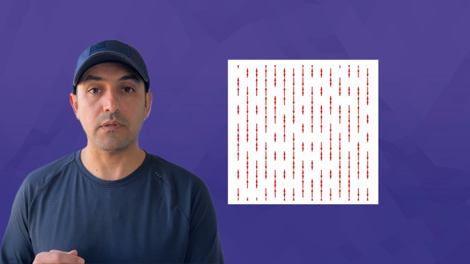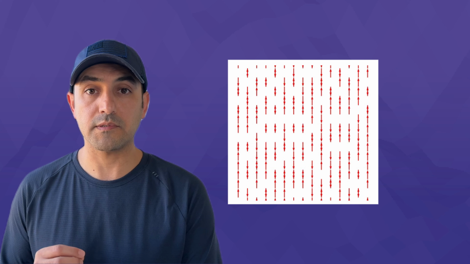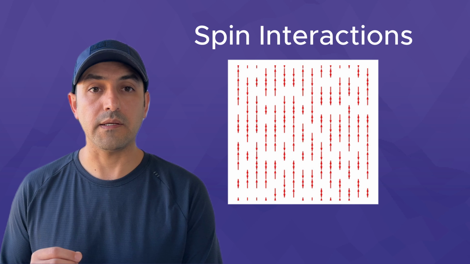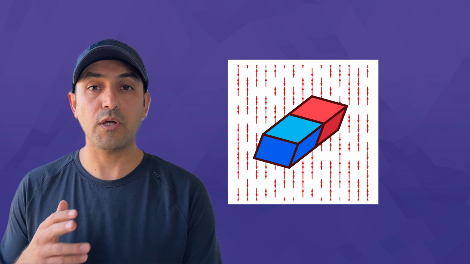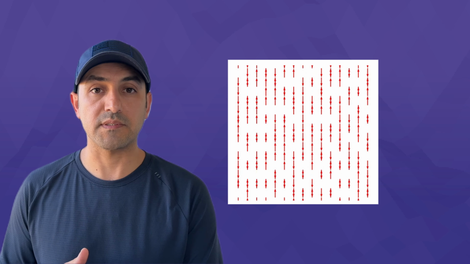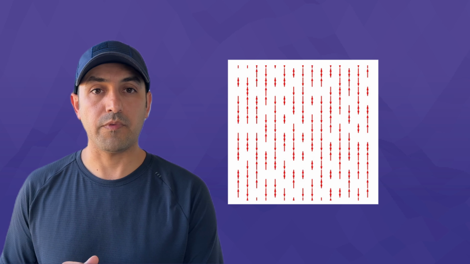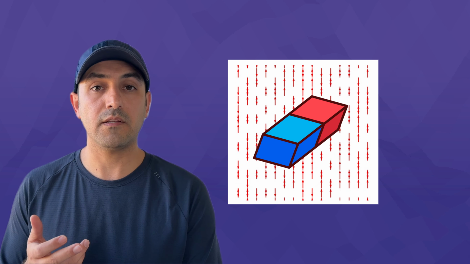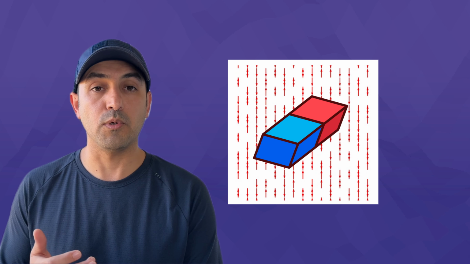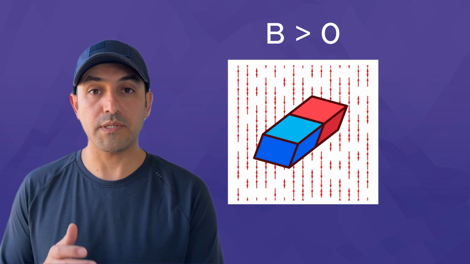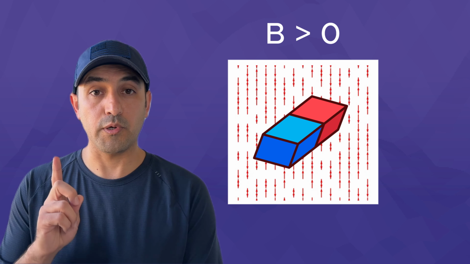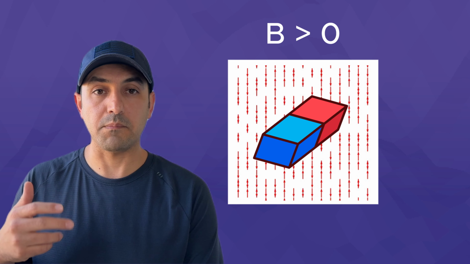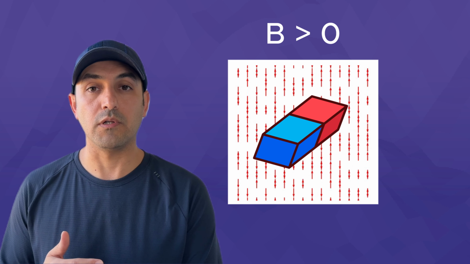In the Ising model, the total energy of this system depends on the orientation of these spins, their interactions, and the external magnetic field that might be present around these spins, and has two main parts. The first part of the energy is influenced by an external magnetic field, which we represent by symbol B. When B is positive, it pushes the spins to point up because it lowers the energy of the system. It kind of applies a magnetic force to each of the individual spins.